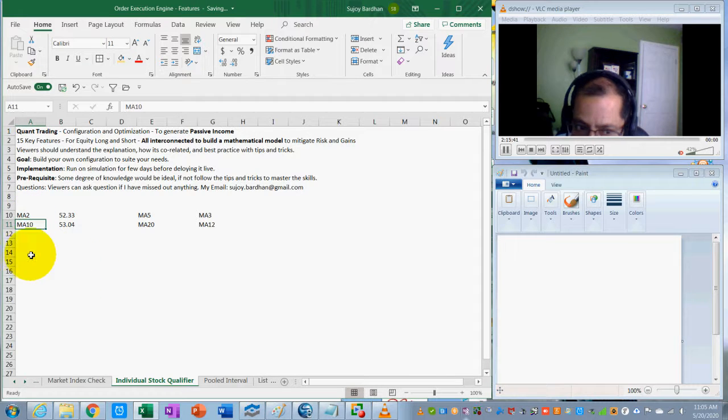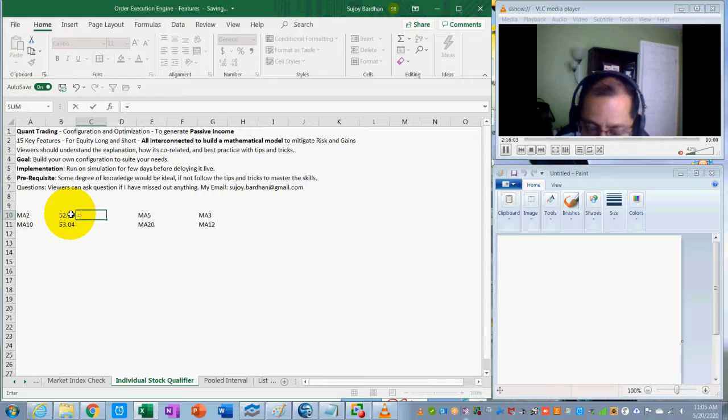So you're basically looking at the faster one, which is at 52.33, and the slower one, which is the 10-day or 10 candle average, at 53. So this is below this. So if you take a difference of the two, say for example you're going long, and you're trying to take a difference of the two, I'll put a percentage. So this minus this, divided by the slow, times 100 is a percentage,